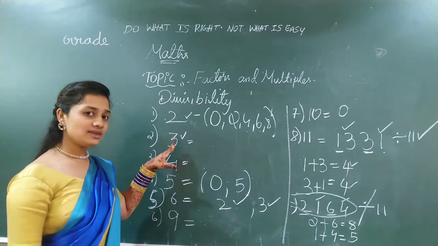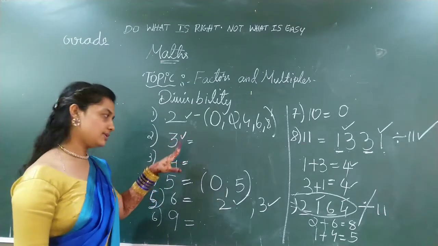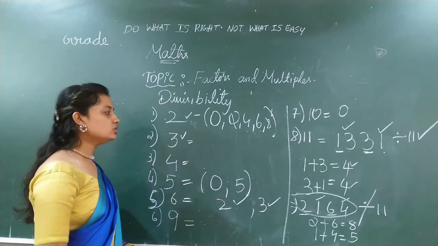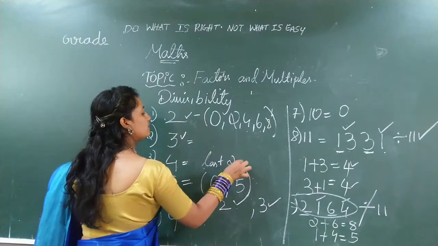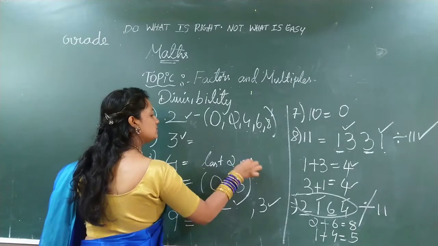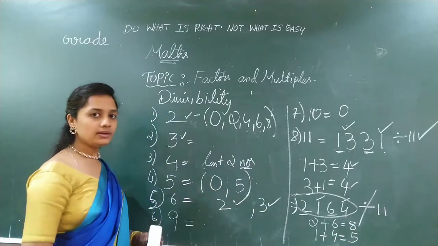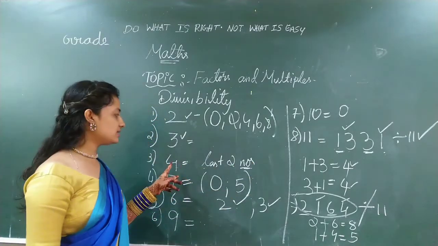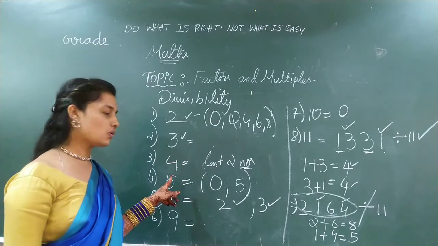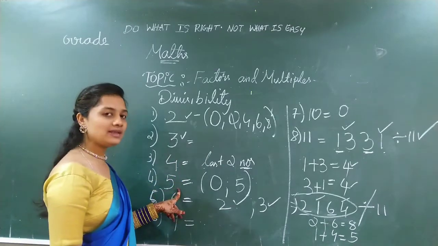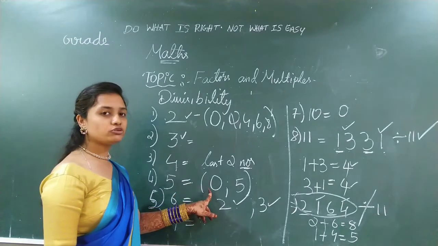If it is not, it is not divisible. For 4, you should check the last 2 digits in the number. If those 2 digits are divisible by 4, then the whole number will be divisible by 4. For 5, in the unit place you should have